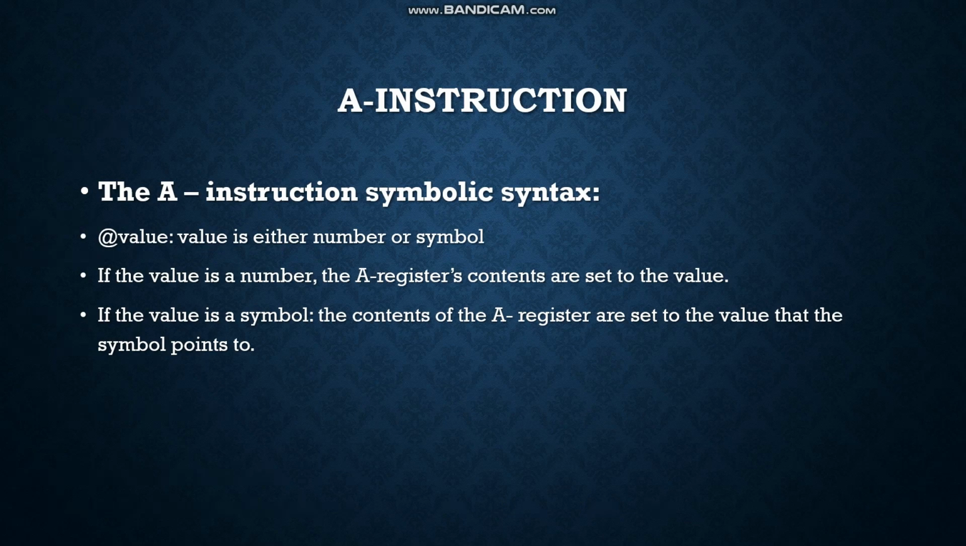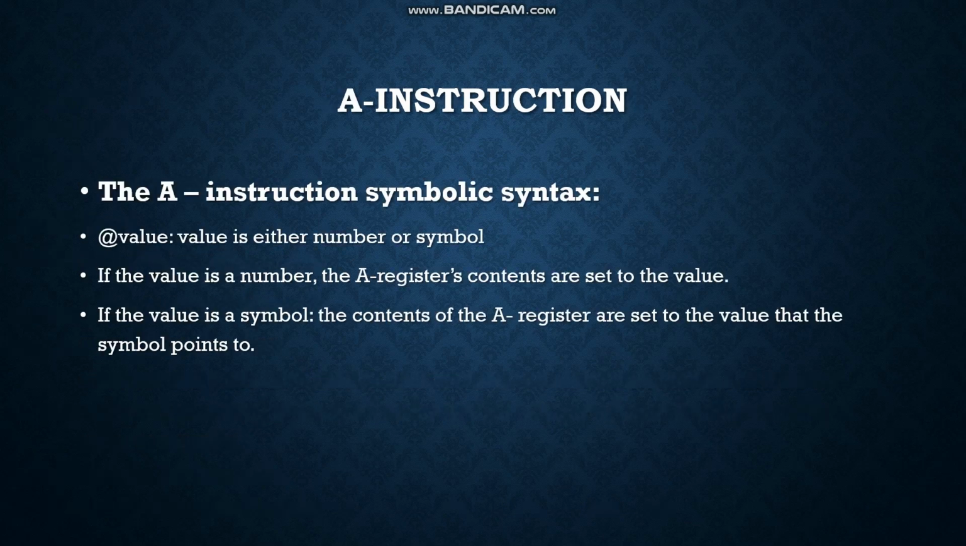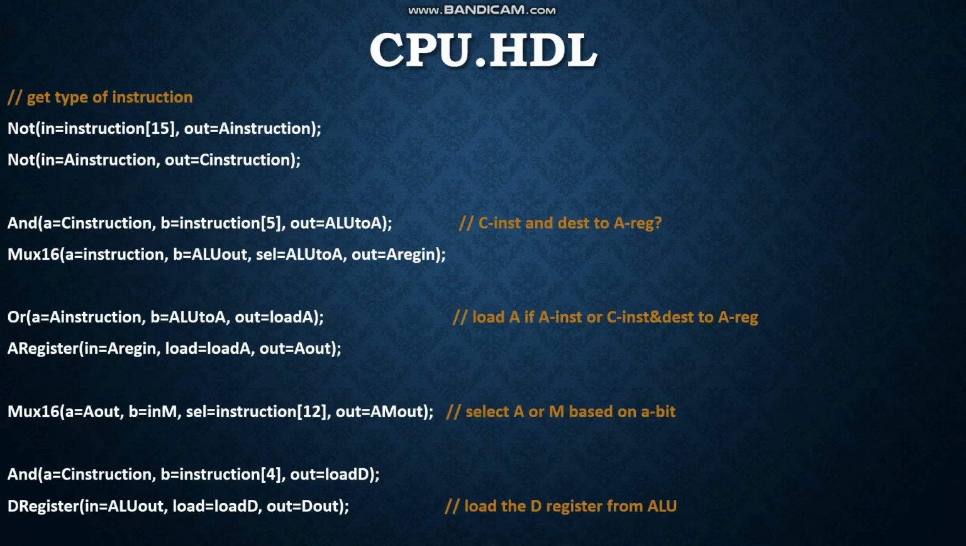On the other hand, the C instructions have a symbolic syntax of dest equals comp; jump. This instruction performs the computation on the CPU, which is stored into the destination register or a memory location. It can also tell us that the CPU will jump to another instruction memory address pointed by the value of the symbol. So coming back to the code,